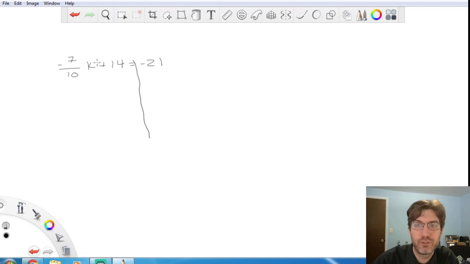So same reasoning before. We're doing order of operations in reverse, and we are trying to get k by itself. So this side here has k. It has an addition of 14. 14 can go away by subtracting it then. So I'm going to subtract 14. Be very careful with your integer operations as well. This is going to cancel. Here, negative 21 plus negative 14, the signs are the same, so you're just going to add them and keep the sign, is going to equal